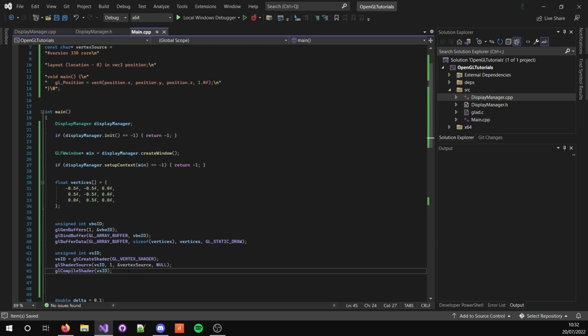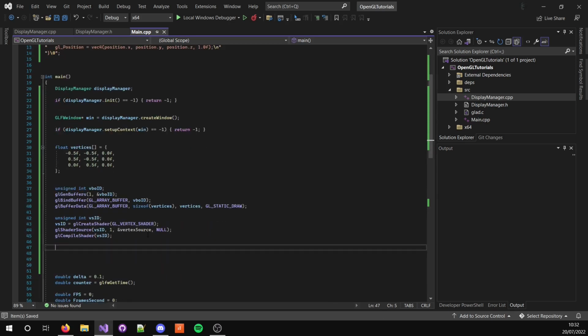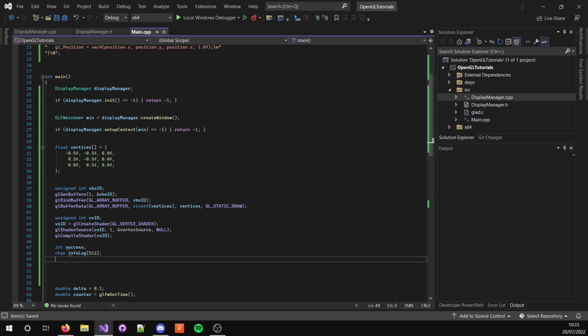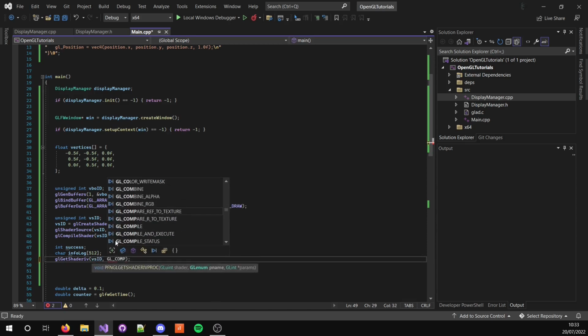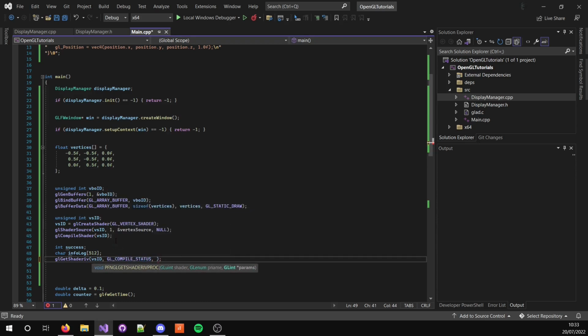Now this should effectively be it for shaders, but if you were to get an error, your program would just fail to run, or something would go weirdly, and you don't know what the problem is. So what we need to do is be able to get the error message from GLSL compilation. So we define a variable to check if it's a success or not, and we create the buffer to put the error message in, and we call glGetShaderiv with the ID of the shader, the compile status of the shader,